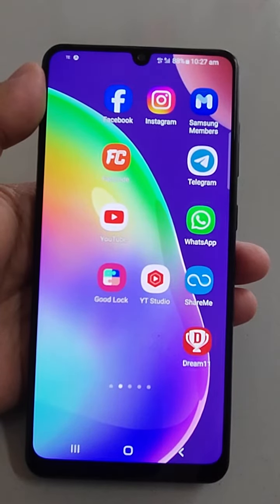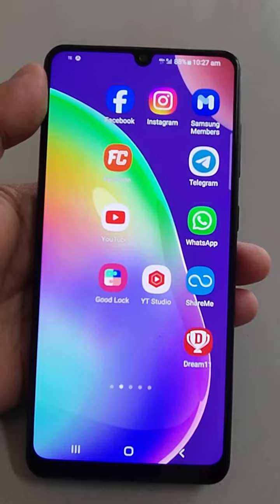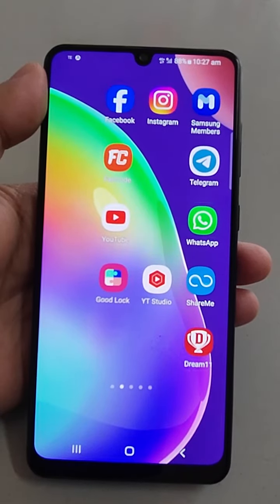Facebook, how you will change that, I'm going to cover in this video. It was not possible by earlier methods, so watch the video till the end and you will come to know